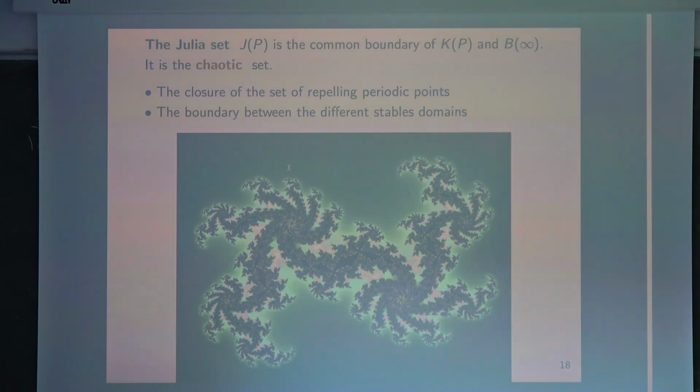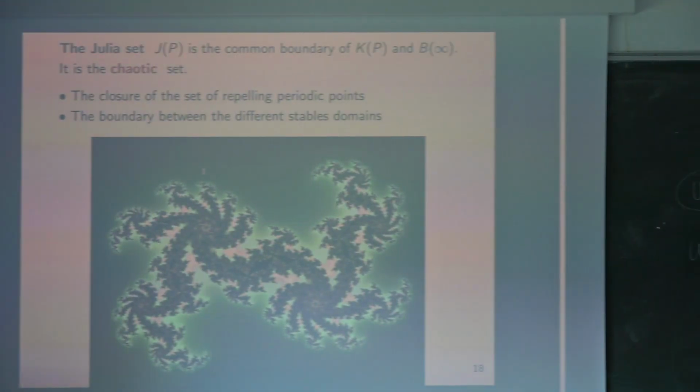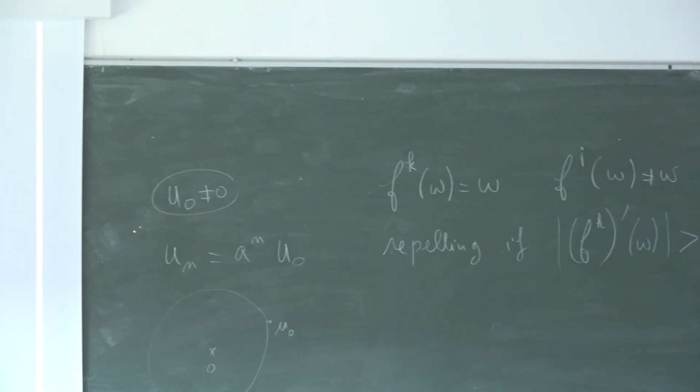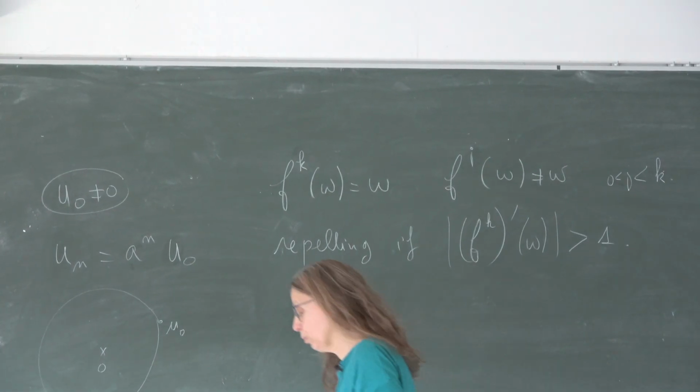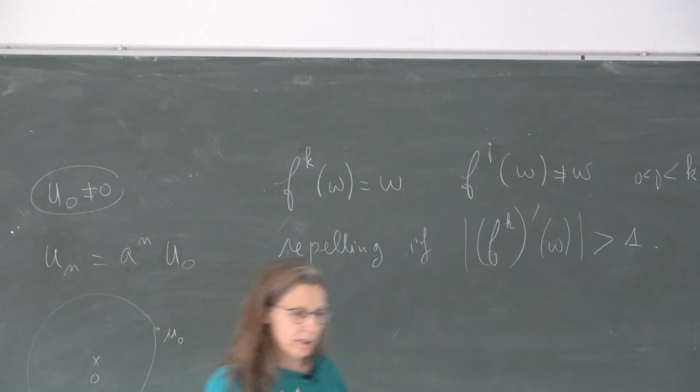So they could prove that there are a lot of repelling periodic points if the period is going to be higher. They are all in the Julia set and they are dense. So the Julia set is the closure of all the repelling periodic points when the period is going to infinity. So you solve this equation and you get all the repelling periodic points. And Fatou and Julia partition the plane: the Fatou set is the complement of the Julia set. So you have a partition, the Fatou set and the Julia set.